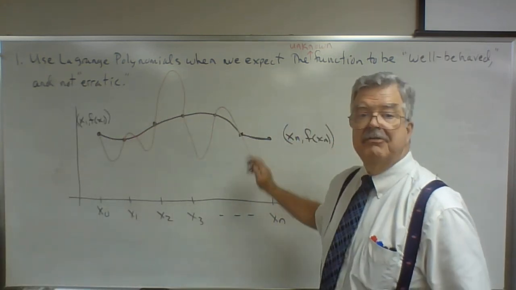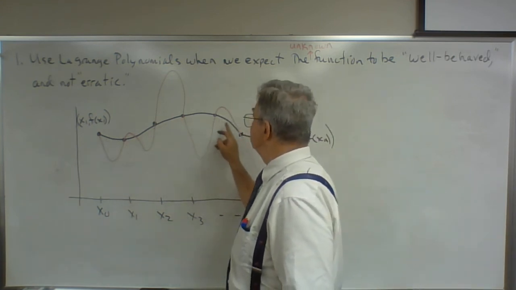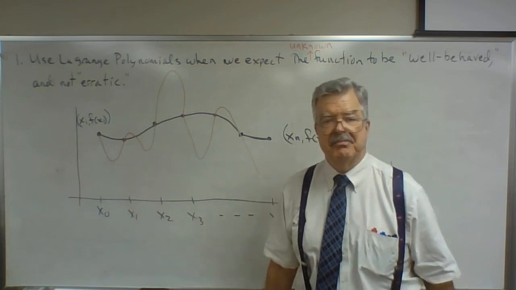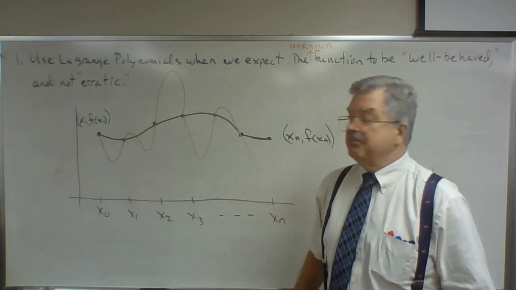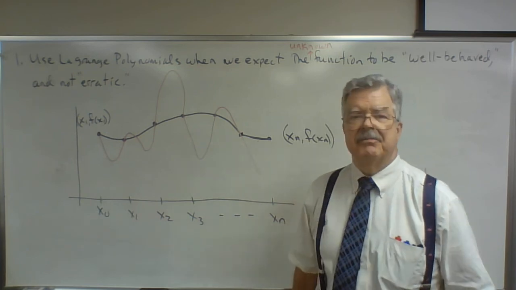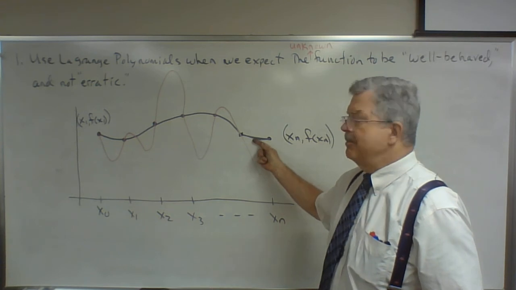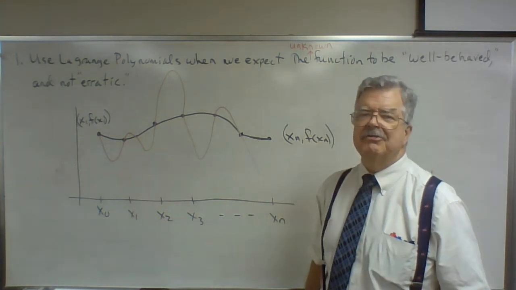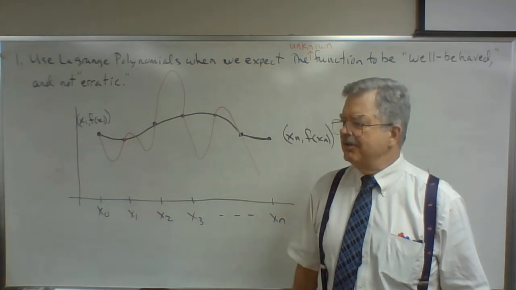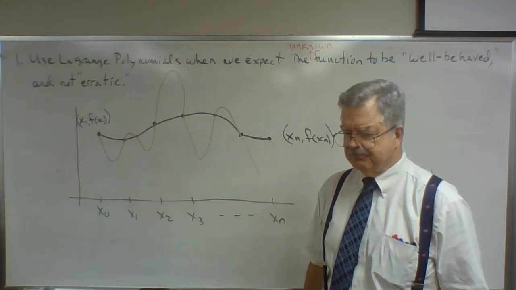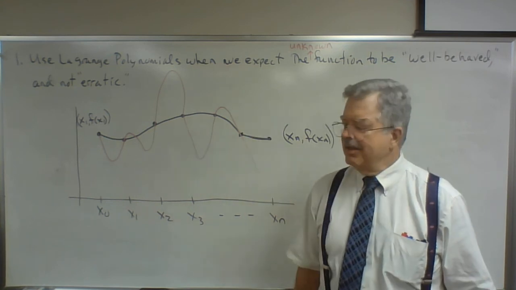The function that I've drawn in red passes through all of the same data points, but it doesn't look like the first function. Our polynomial will probably look very much like the first function, not a screwball function. What we have in red is a pathological function. It's erratic. It's going up and down, and